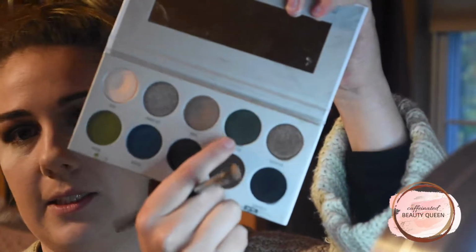To add the shade Trickery, it's like a deep shimmery green. I'm going to just use my finger to do this. I know this Vault collection was kind of controversial, and for the most part, because I have the whole Vault collection, most of my palettes were all overall pretty good. There were a few though that have some inconsistencies in them, and Trickery is definitely one of those shades because it's not picking up very well on any brushes,